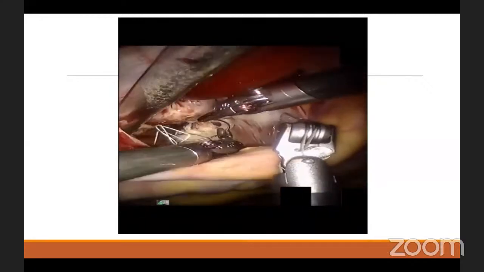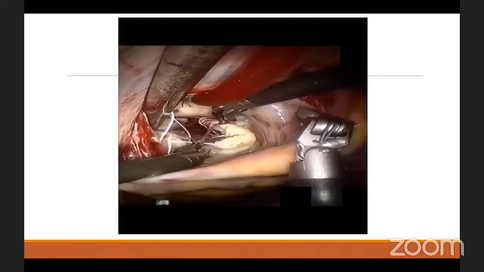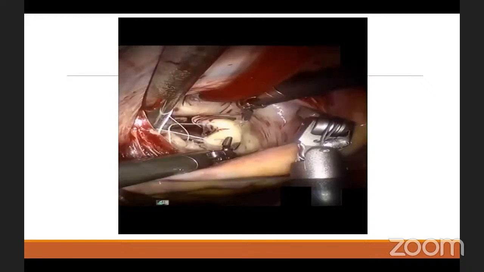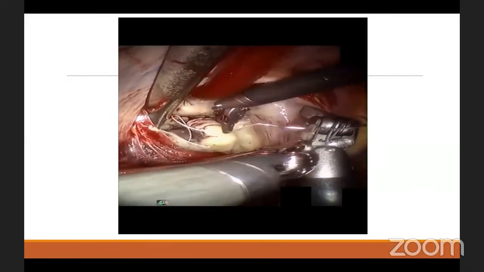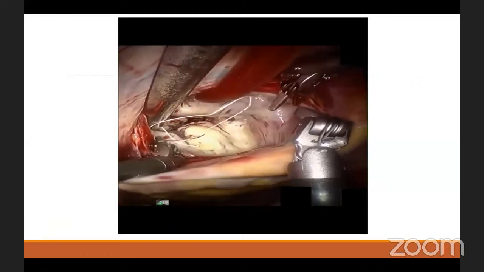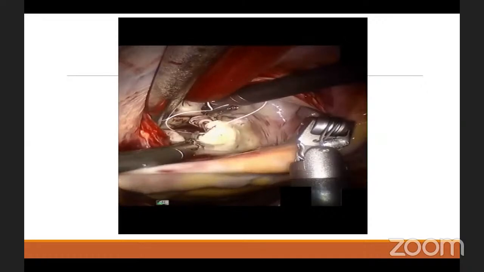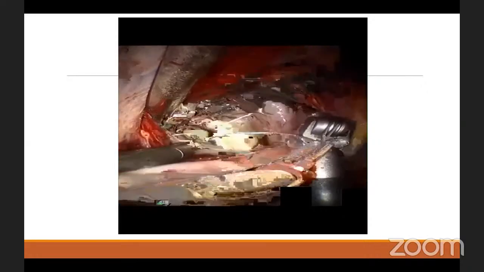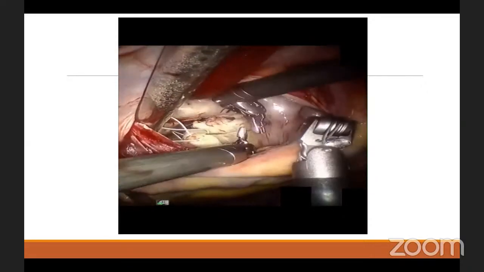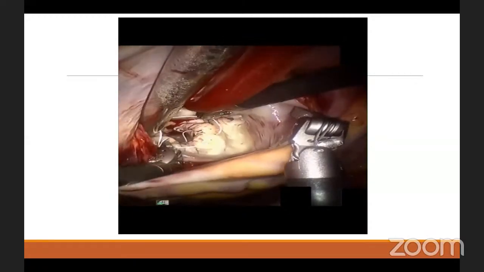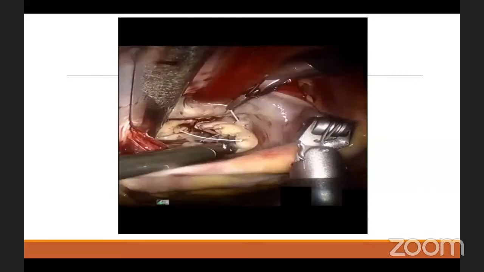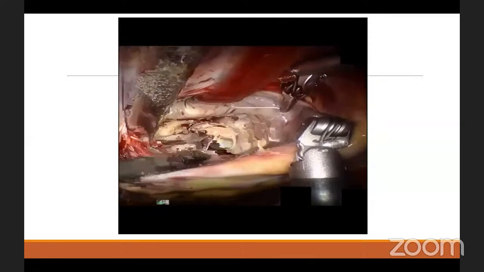Care must be taken not to injure or interfere with the native chordae. The needle is then brought back through the leaflet 1 centimeter from the first bite. Then the needle is passed through the edge of the leaflet twice in a running fashion until the two ends